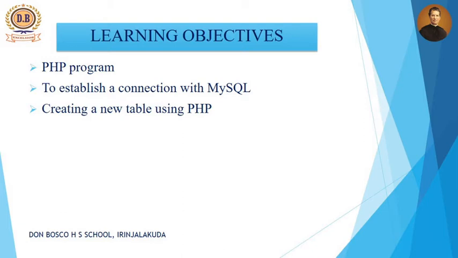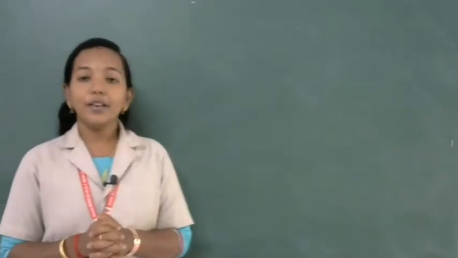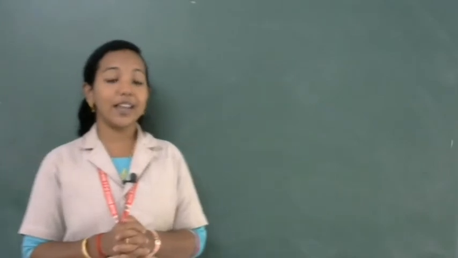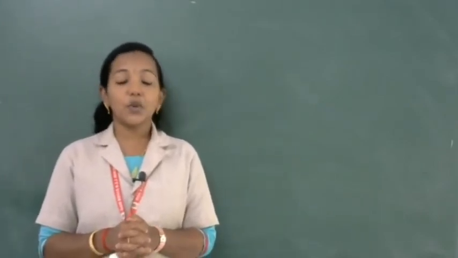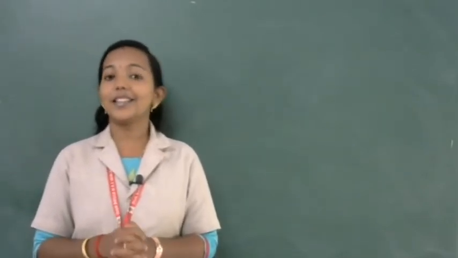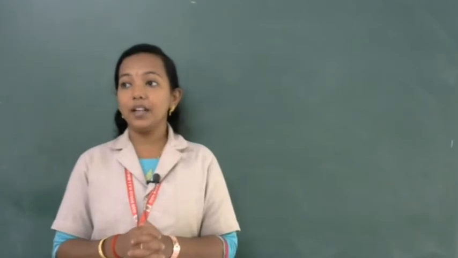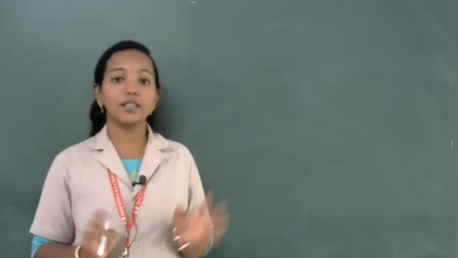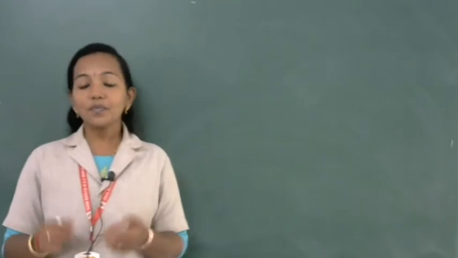After that we will discuss creating a table using PHP, and how we insert data into it, using PHP and MySQL queries. So these are the 2 topics we are going to discuss now. We know there are 4 steps for establishing a connection with PHP. We start with establishing a connection, then specifying the database, then the third step, reading data from the database, and the last step is closing the connection.